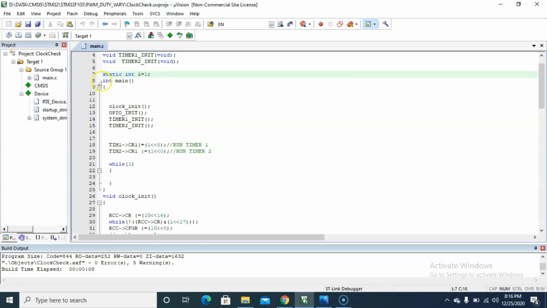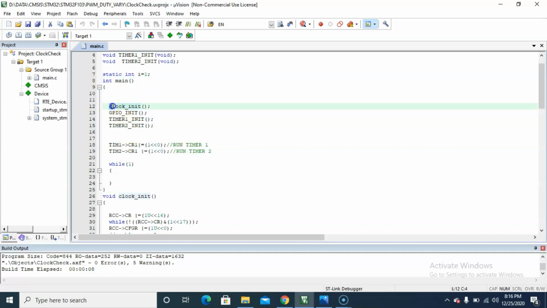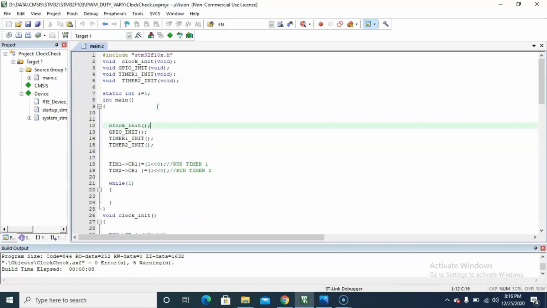In the main function, first initialize the clock of the GPIO, and the timers have to be initialized, the clock has to be enabled. After that, set the GPIO pins, which in our case is only one, the P8 pin, and set it in alternate function mode.